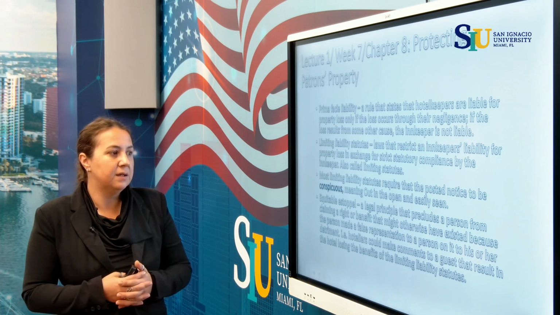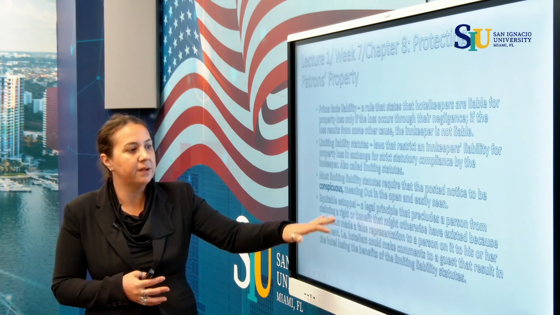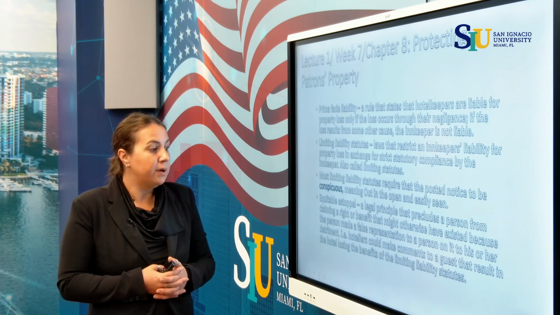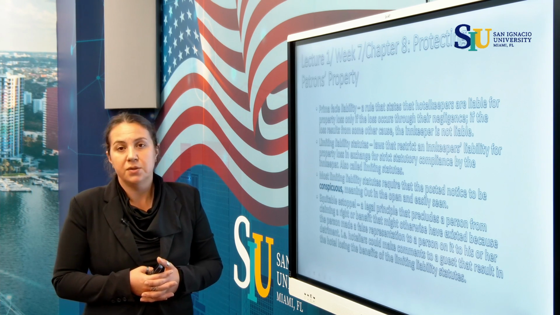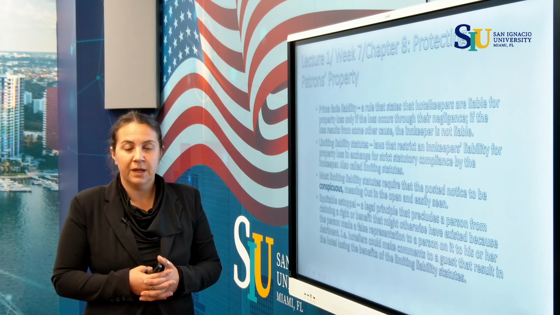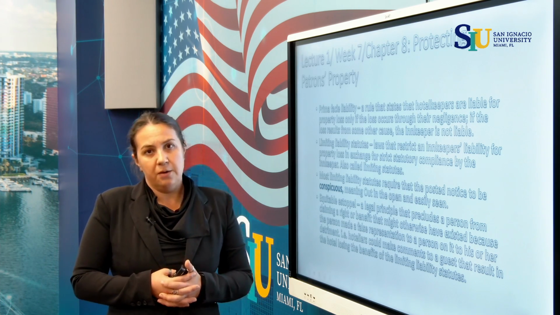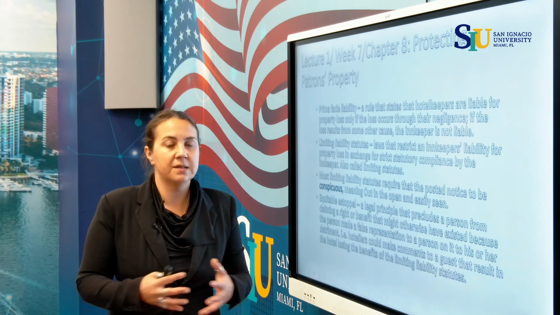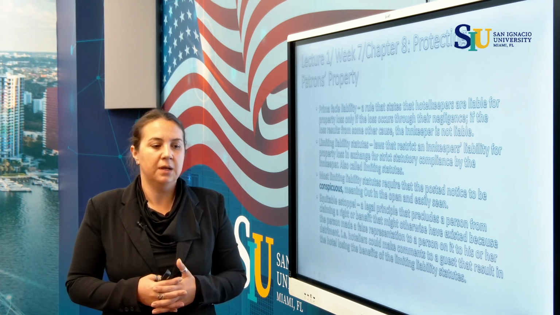Equitable estoppel, that's a legal principle that precludes a person from claiming a right or benefit that might otherwise have existed because the person made a false representation to a person, to his or her detriment. So in our own words, if the hotel makes false claims towards the guest in order to make them make certain decisions,